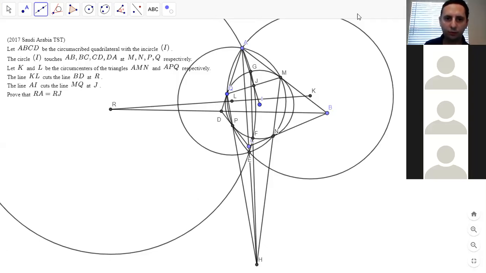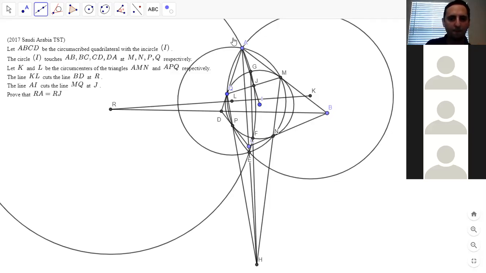So we know RG is tangent to the incircle. We want to show... Do we know it is tangent? Yeah, we don't. Only if we define R to be the center of that circle. Yeah, but that's not how we defined it. Maybe some insight about what I was thinking while adding that GF line will help. So